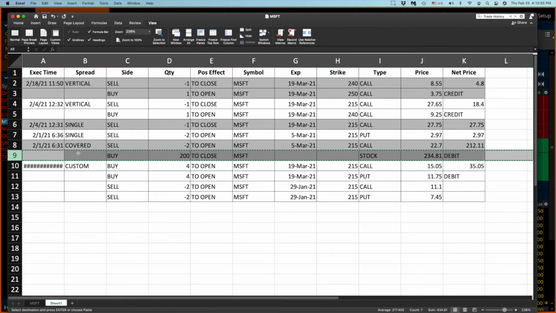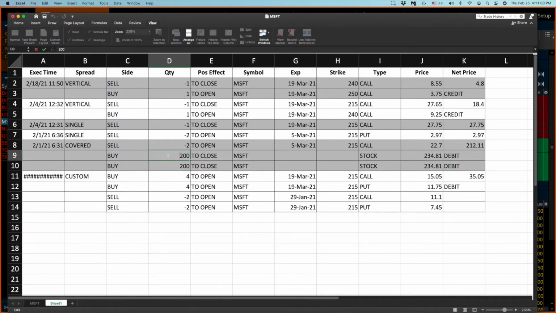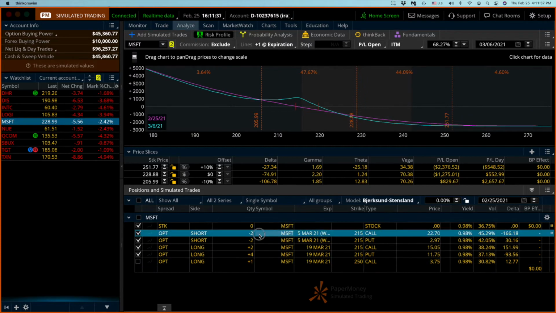So let's copy and say insert copied cells, and here we're going to say minus, because we were assigned 200 shares at the price of 215. That's the strike price of my options. Okay, so that was a credit. Doesn't matter. Just put credit here if you wish. And let's go back to, and you see that I have won 250 calls. Everything else is just like a regular